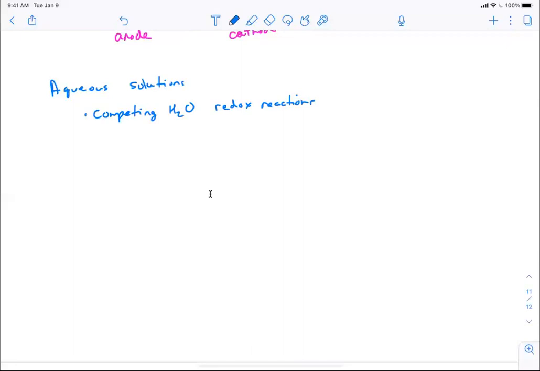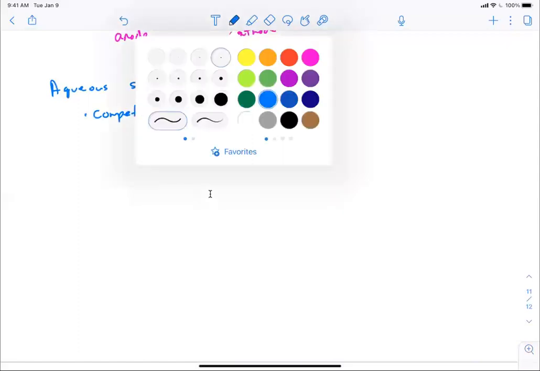Okay. With higher level, I think the part that's the trickiest is really aqueous solutions. Meaning that you have the competing water redox reactions. And since you're given those essentially in the short answer with the data booklet, they like to ask about these in the multiple choice. And what you need to remember is that,